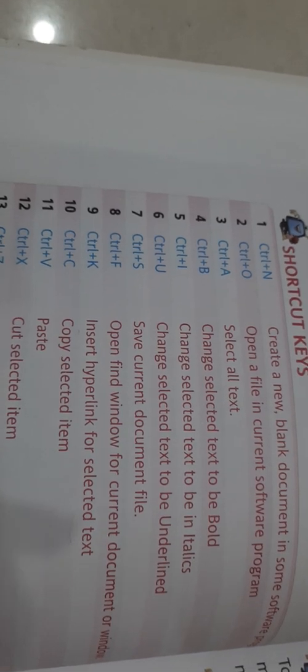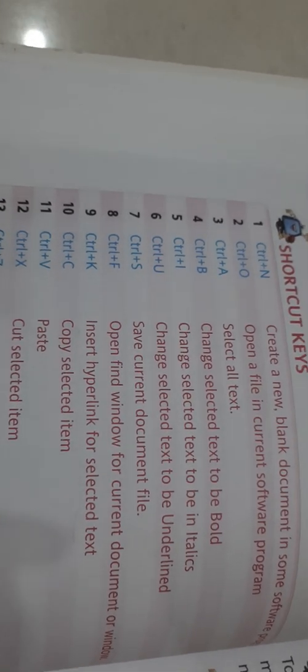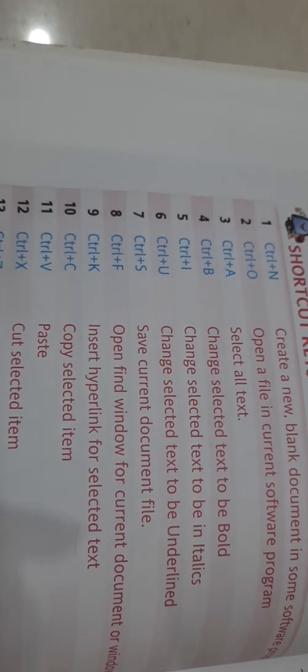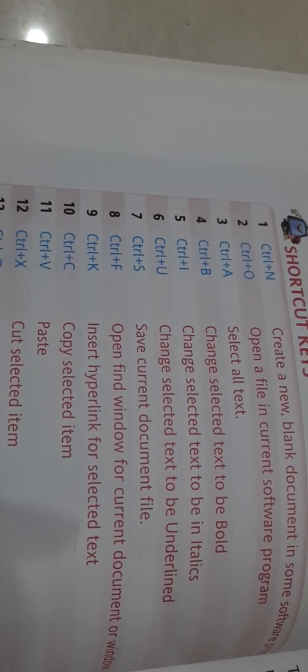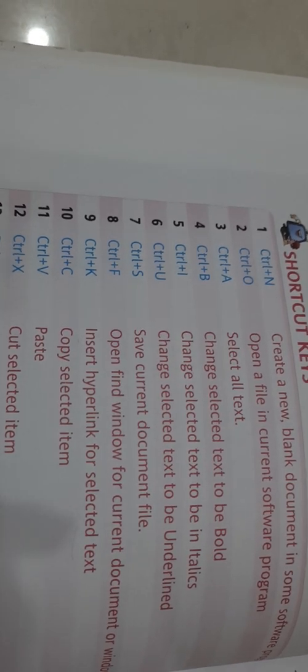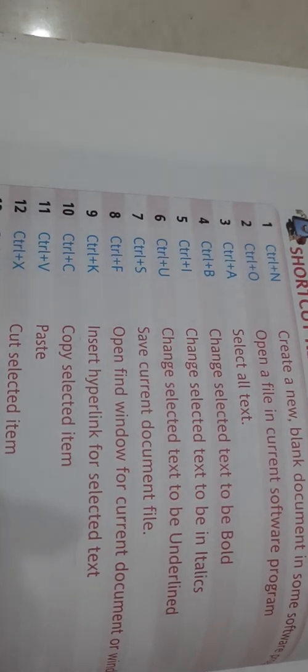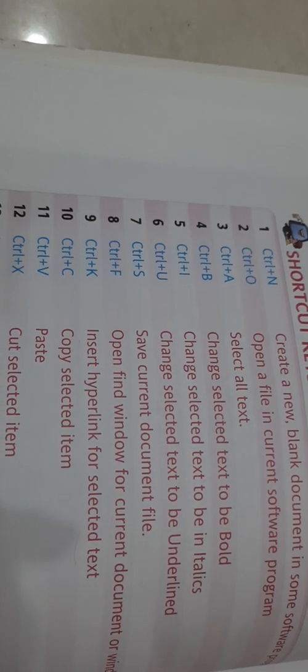Okay children, I may ask you in your exam, because this chapter will come for the exam and not for the unit test. So I may ask you this in your exam. So you will learn all these during this weekend and during this week. And we shall meet in the next class with the practical videos, and we will continue with the chapter, that is, we will learn about tables.